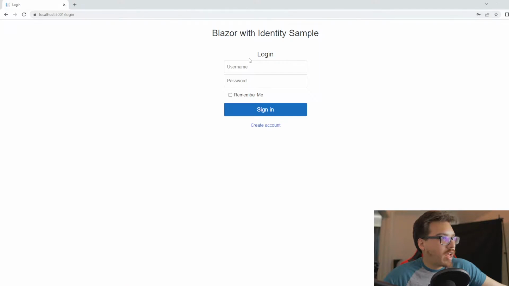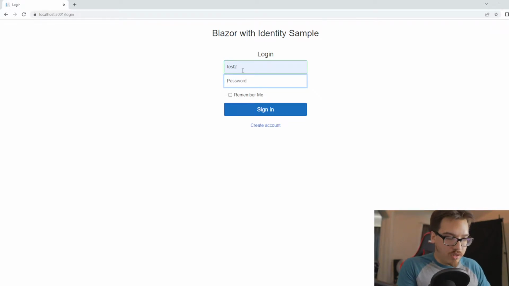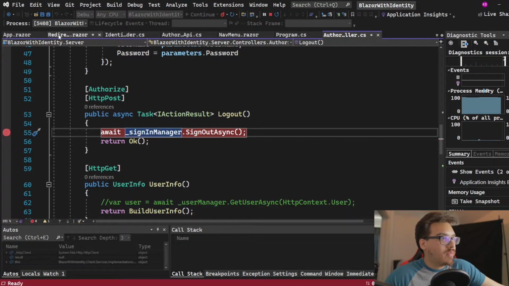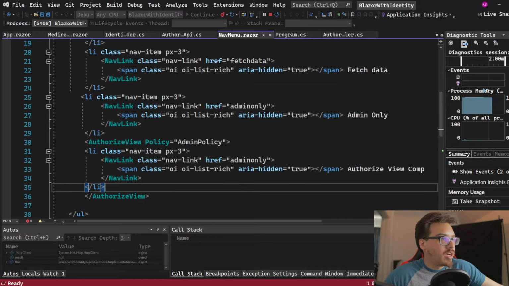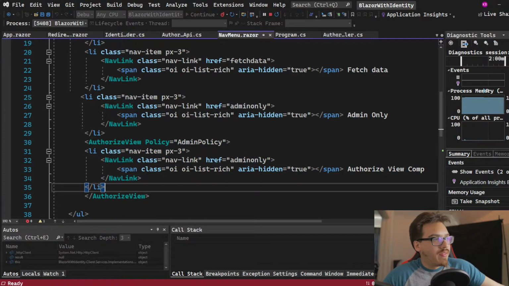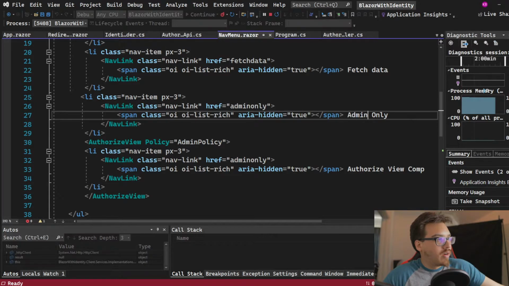I'm going to show you what happens when I try to log in with someone who does not have admin privileges, and show you some of the differences between how this handles it versus the identity stuff from Blazor server. So now this guy has no admin privileges. You see that we're missing one of the admin tabs because I wrapped it around the authorized view. So if you don't know what I'm talking about, this is wrapped around this bottom one called authorized view comp, and this admin only tab will go into the admin only